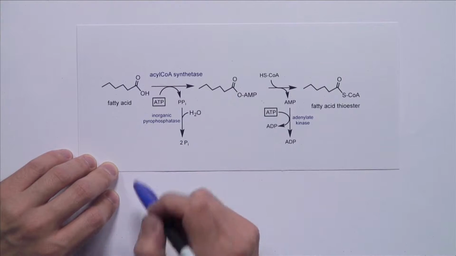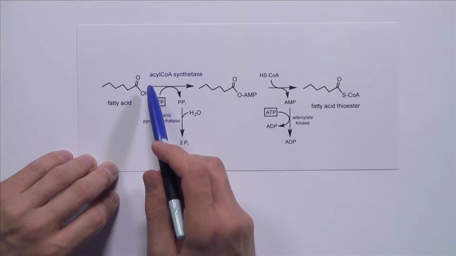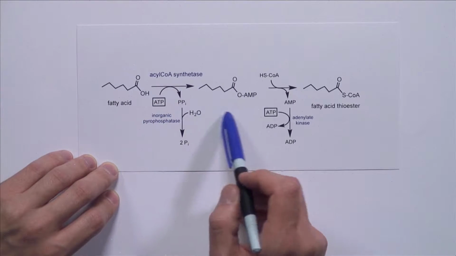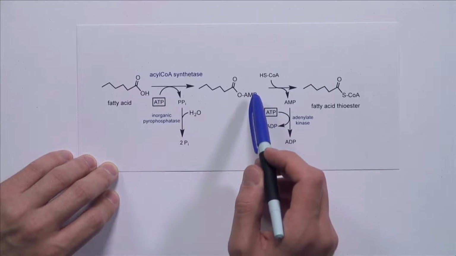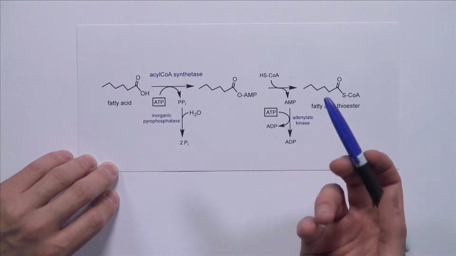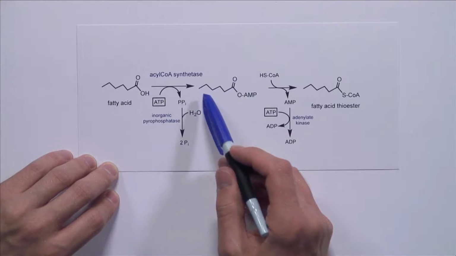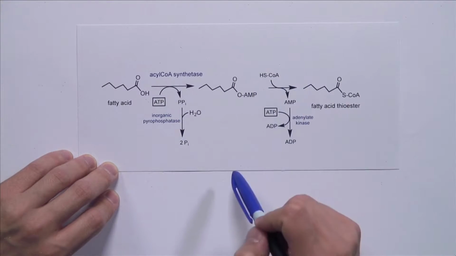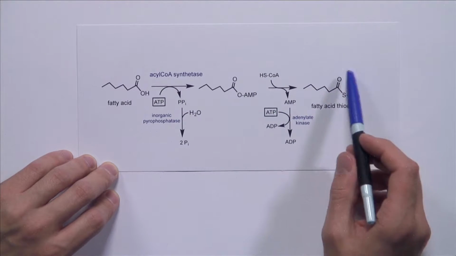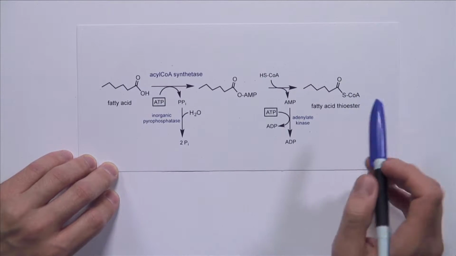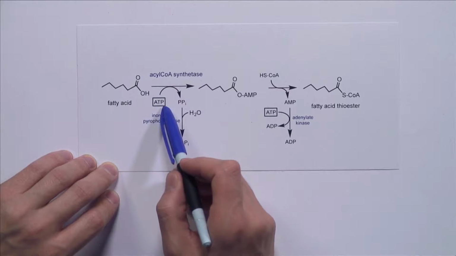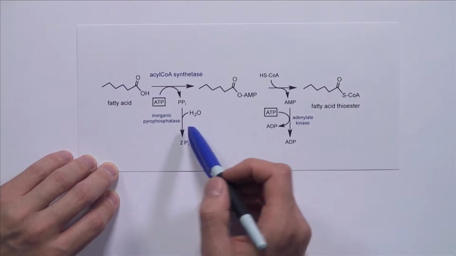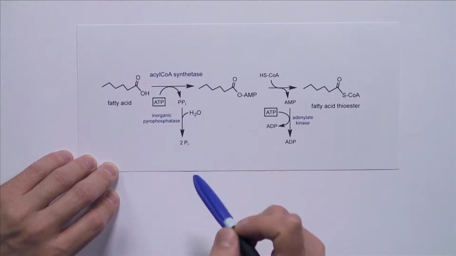the chain length. Now, this process is catalyzed by acyl-CoA synthetase that uses ATP to first generate this mixed anhydride with AMP. This process is called adenylation. So this activates the acid, which then reacts with coenzyme A, shown here, HS-CoA, which will generate the thioester of the fatty acid. Now, here we're using 1 molecule of ATP, but we're breaking in the alpha phosphate to generate pyrophosphate, which is then broken down into 2 inorganic phosphate.